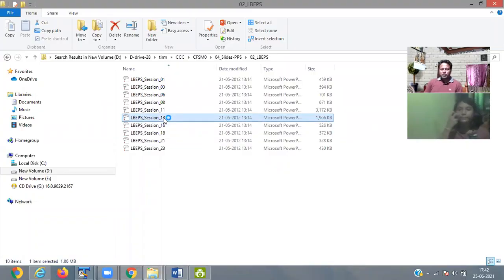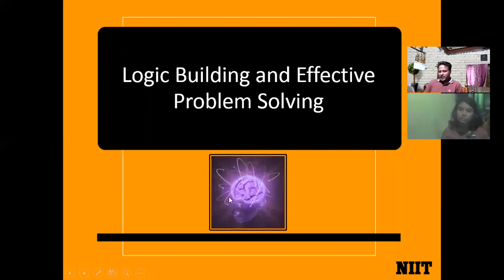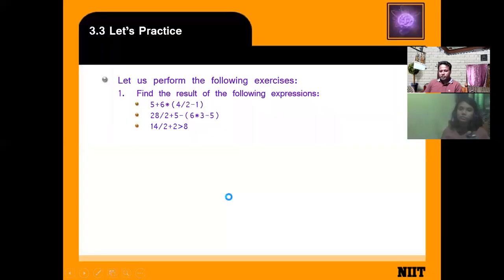So I will show you another example of switch case. You have to accept a character and check whether it is a vowel or consonant.